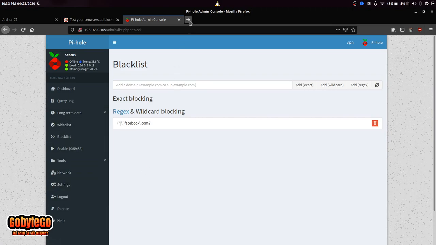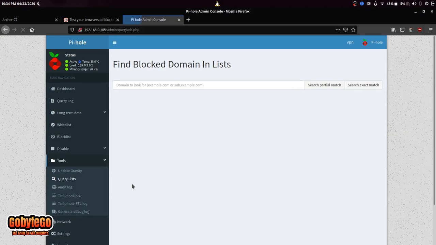So if there were any other websites that you did not want someone to go on, they could go on to it during this time. And you could also enable. So now it's back enabled. A few other tools here. You can update the gravity, look at your query lists, like search around through the query list. So if I want to look